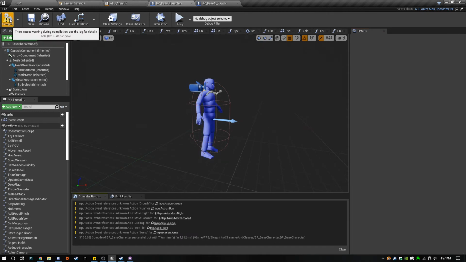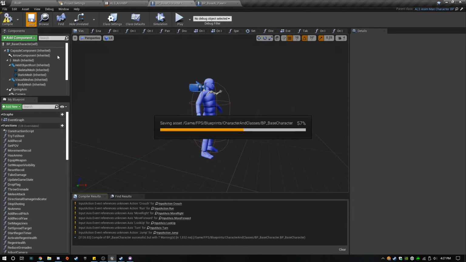That's okay, we only reverted this class, so it's not that much change.